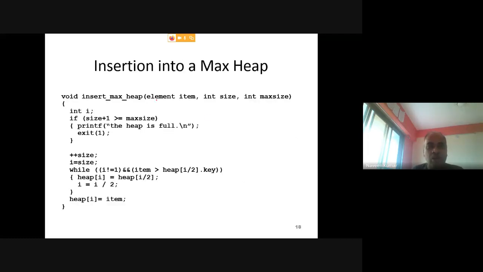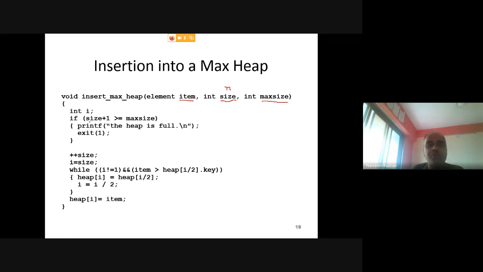So if you look at the algorithm, what we need is an element that you want to insert. You need a variable that contains the size of that max heap, normally considered as n. Then max size will be the size of your array. The array can be of a greater size, right? Initially you choose an array, then you start filling max heap elements. So it should, in general, be more than n.